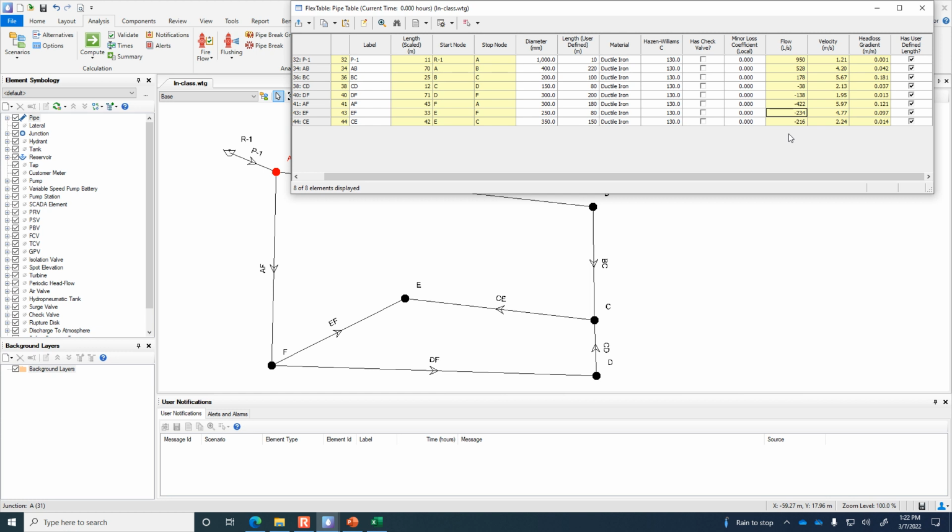It's not backflow, although that's a reasonable guess. Or is that where it defines the loops? Yeah, exactly. It's the direction of flow. So clockwise is positive, because it's using that same technique in the background, the Hardy-Cross method that we